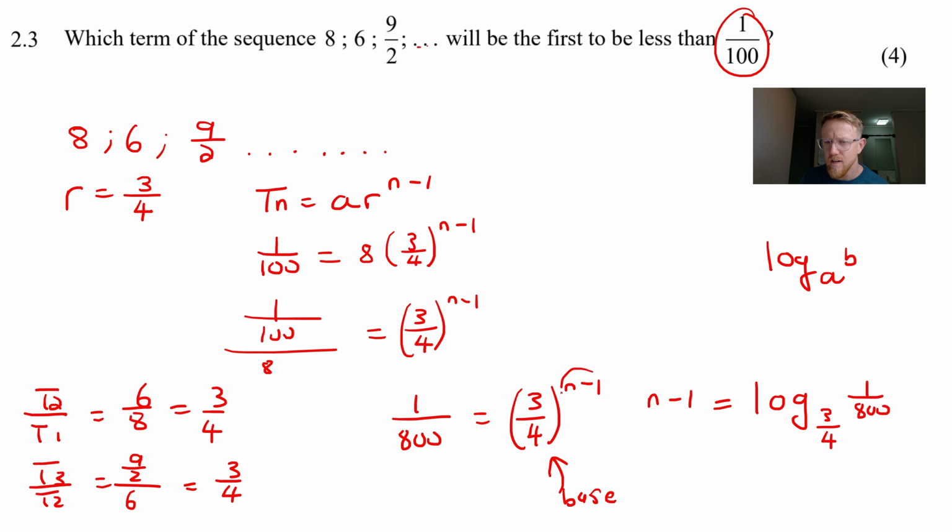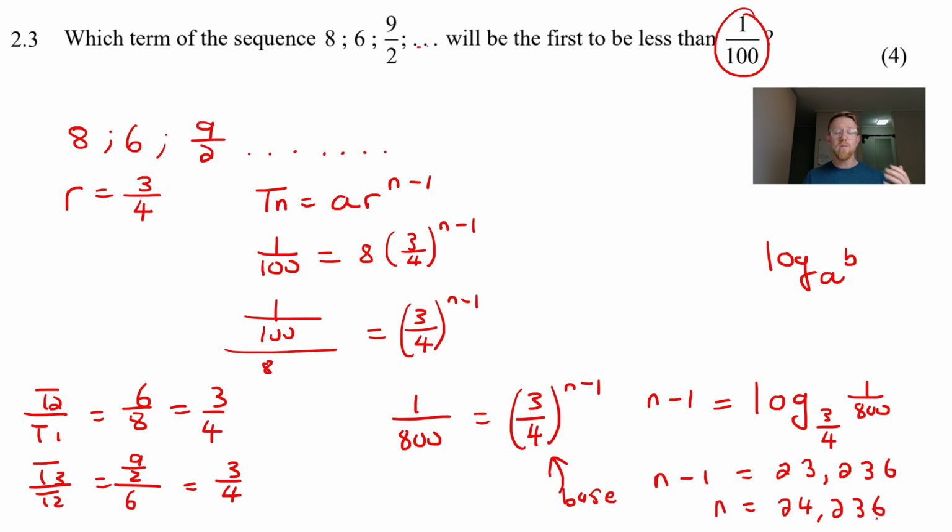So instead of being written with the n minus 1, it gets written with the 1 over 800. And so you can now go and type this on your calculator. And don't be surprised if we're not going to get a whole number for n. I don't think we will. So n minus 1 is going to be 23,236. And then if you had to solve for n, you're going to get